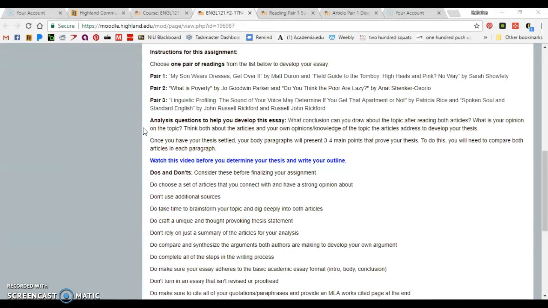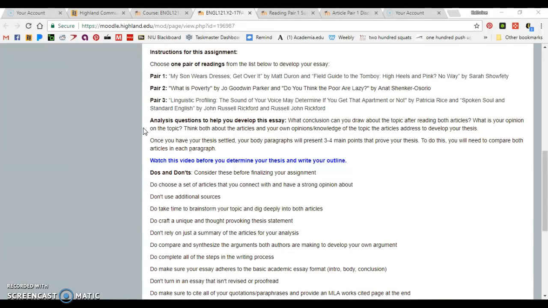Pair 1 is this week, My Son Wears Dresses, Get Over It, and Field Guide to the Tomboy, High Heels in Pink, No Way. There's another pair next week, What is Poverty, and Do You Think the Poor Are Lazy? And the third pair is Linguistic Profiling, The Sound of Your Voice May Determine If You Get That Apartment or Not, and Spoken Soul and Standard English.